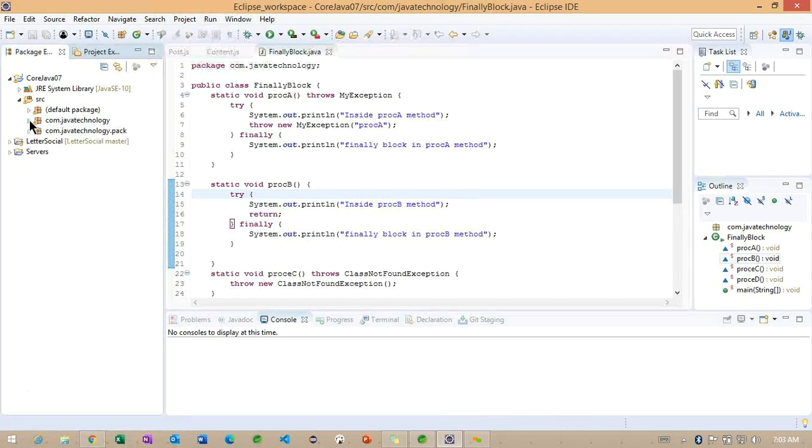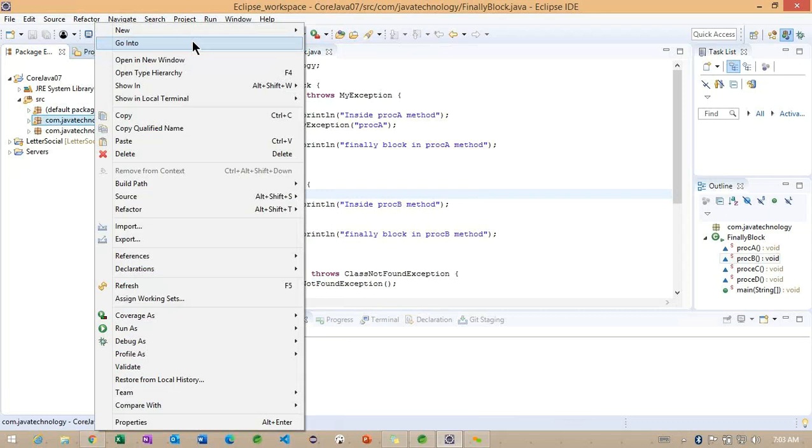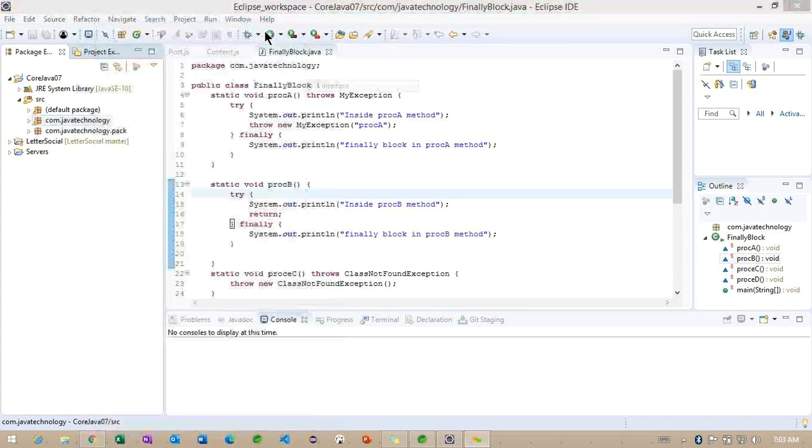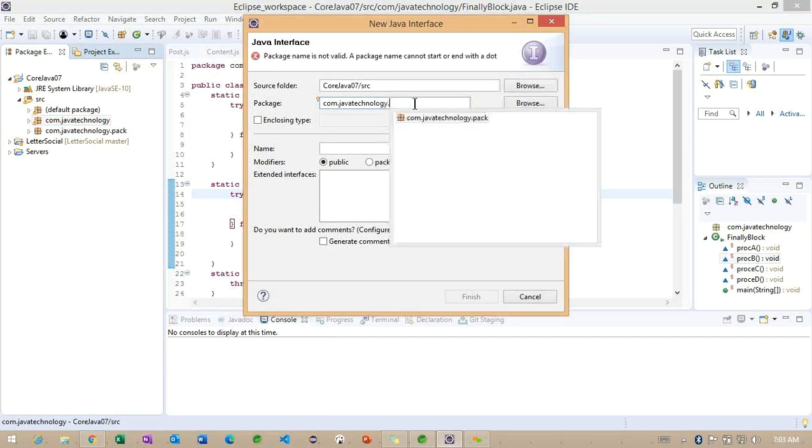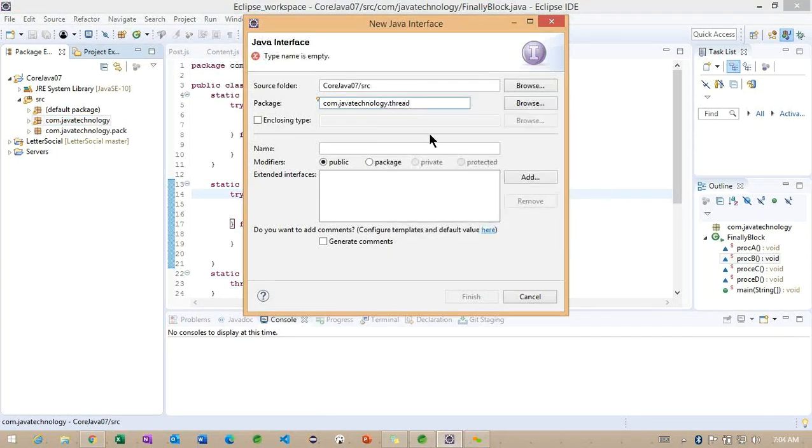To work on that, I'm going to create one class here, and one more package, called javatechnology.thread.